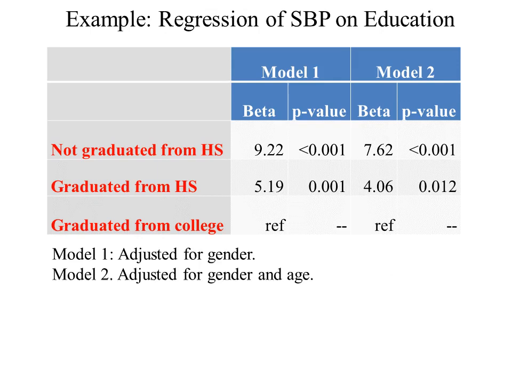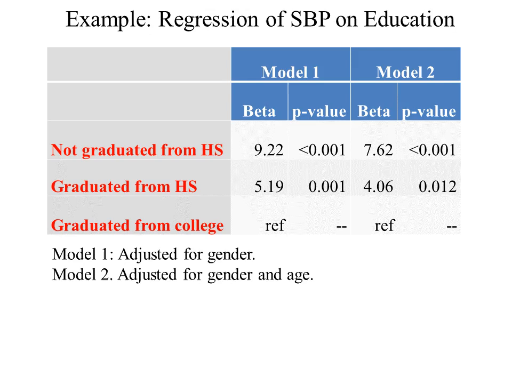This table shows estimated regression coefficients of education categories from 2 regression analyses of systolic blood pressure. In addition to education as an independent variable, Model 1 included gender as well, and Model 2 included both gender and age. The results of Model 1 show a fairly strong negative relationship between education and systolic blood pressure. It is estimated that on average, people who have not graduated from high school have 9 points higher systolic blood pressure than college graduates, and high school graduates have 5 points higher systolic blood pressure than college graduates, adjusting for